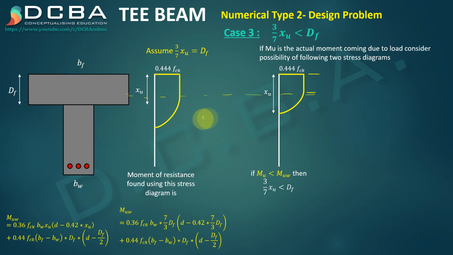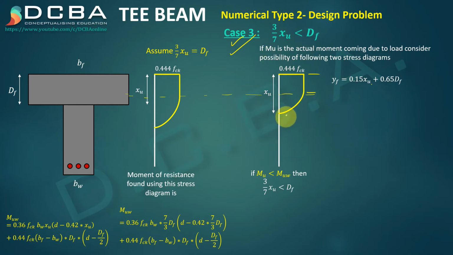So if case 1 and case 2 both come out to be wrong, then obviously case 3 is correct, and then you have to go ahead with it, because it is the only correct option. So in case 3 we have a parameter YF which is given in the IS code, and YF comes out to be 0.15 XU plus 0.65 DF, and the